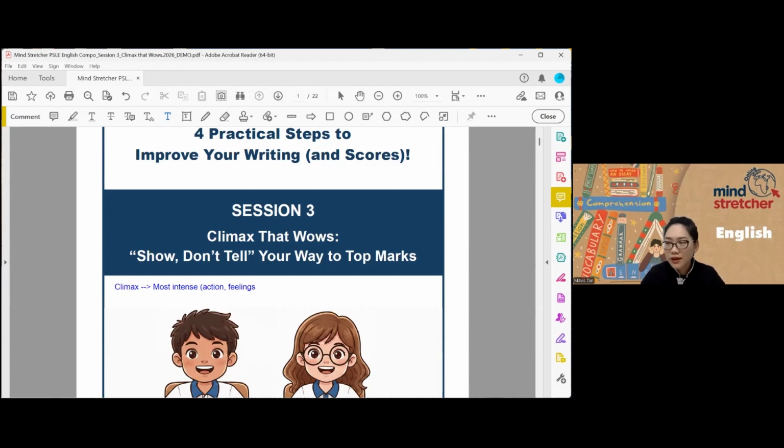When you're expressing these deep emotions, don't just say he was very, very angry, he was very, very sad, right? How are you going to show that emotion? So feelings, and these feelings can be positive or negative, or a mix. Actions, feelings are intense. So this is something that I see and I agree.